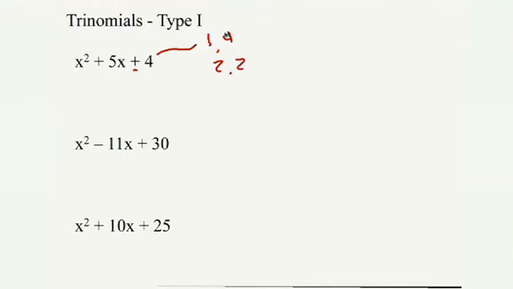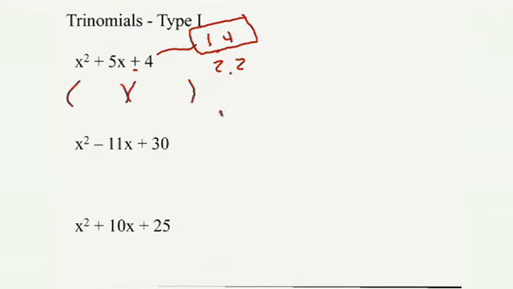So when you look at these two sets of factors over here, clearly only one of them adds to give you 5. Right. Jerry's given you a list there of the 2 possible pairs of numbers that when you multiply them give you 4, the last number. 1 times 4 is 4, and 2 times 2 is 4. But we're looking for numbers that multiply to 4 and add to 5, and there's only one pair of numbers there that works, 1 and 4. That's it.